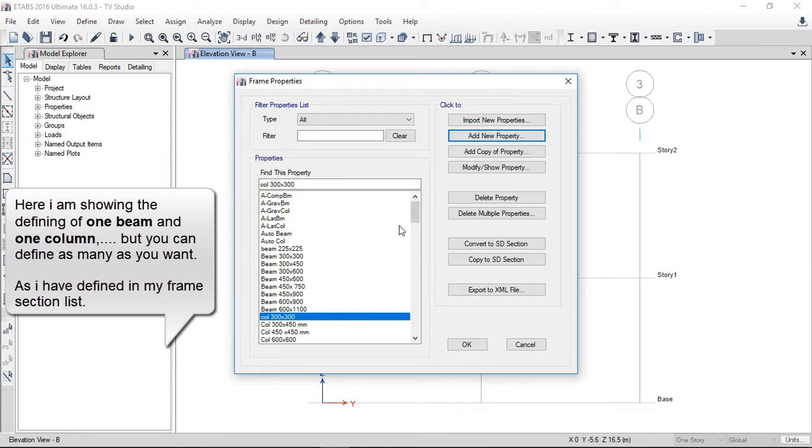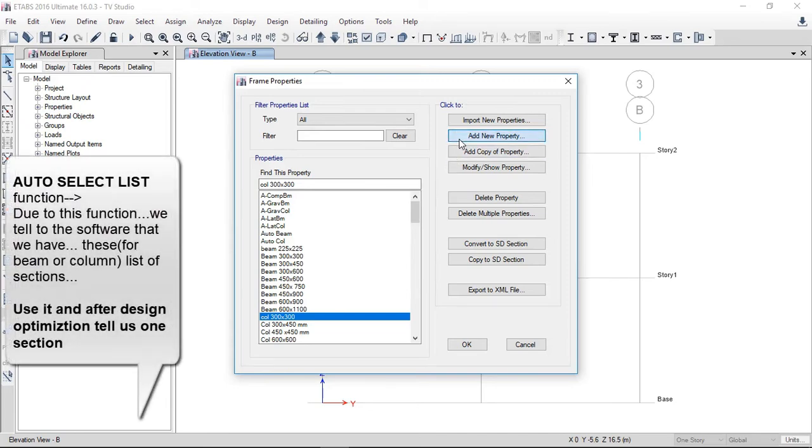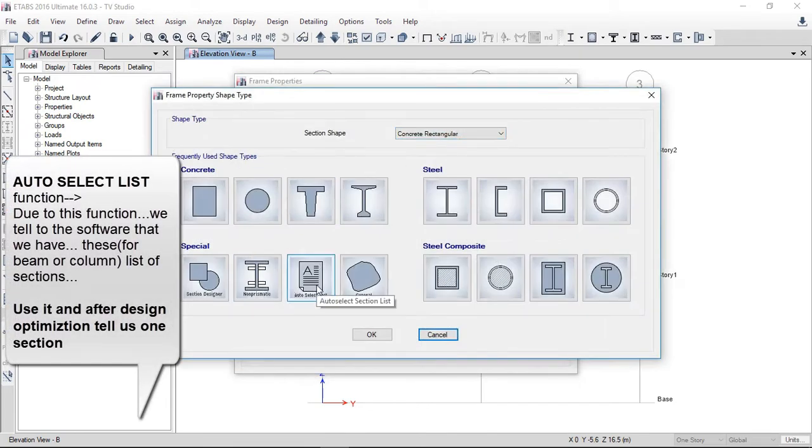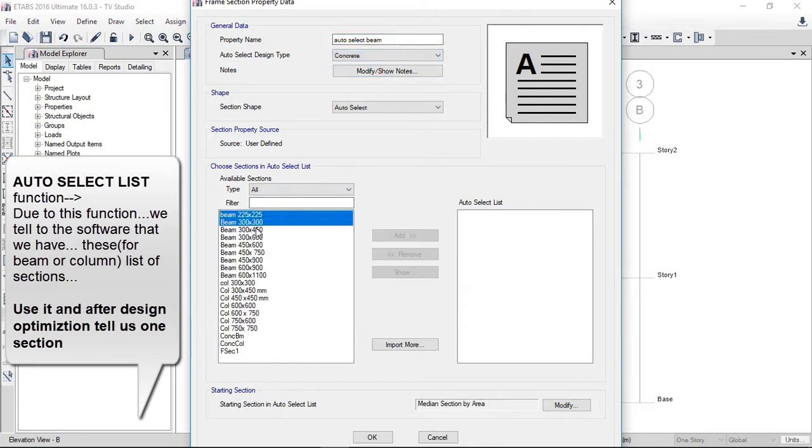Here I will also define for all the beams auto beam selection, and for columns auto column selection. The software selects from all the lists, like I will show in the auto select list, auto select beam. In the auto select beam concrete, I will select all the beams under the heading of auto select beam